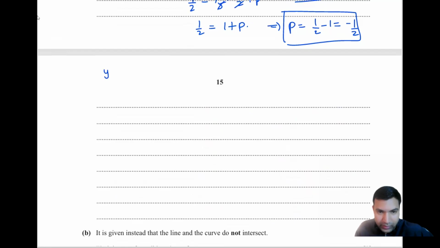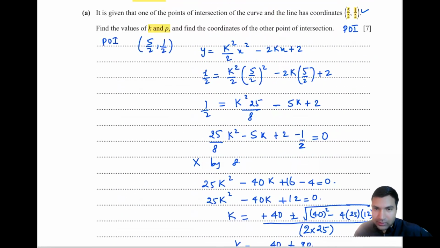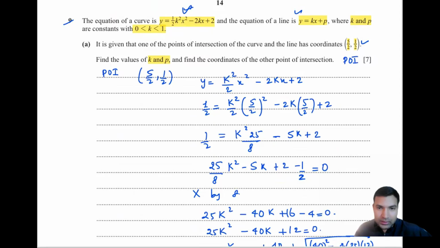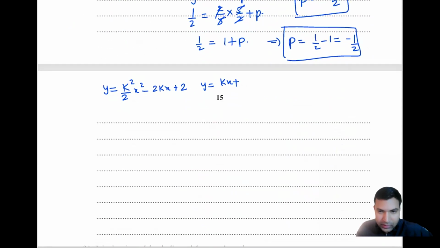So we got y is equal to k squared by 2, x squared minus 2kx plus 2. And the y equation for the line is kx plus p. So we just need to equate them to get the other values of intersection, right? So y equal to kx plus p and k squared over 2 x squared minus 2kx plus 2. So point of intersection, we just equate them. So k value is 2 by 5. So 2 by 5 whole square, 1 by 2 is already there, minus 2 times 2 by 5, x is 5 by 2,